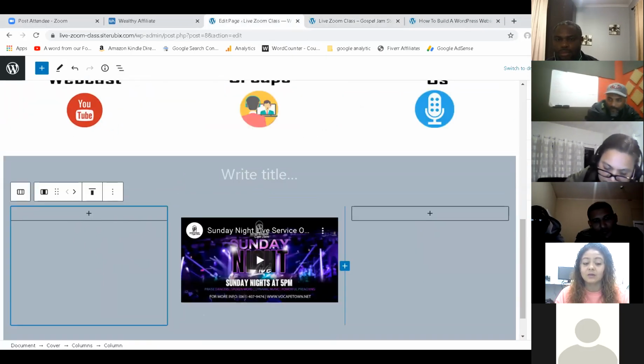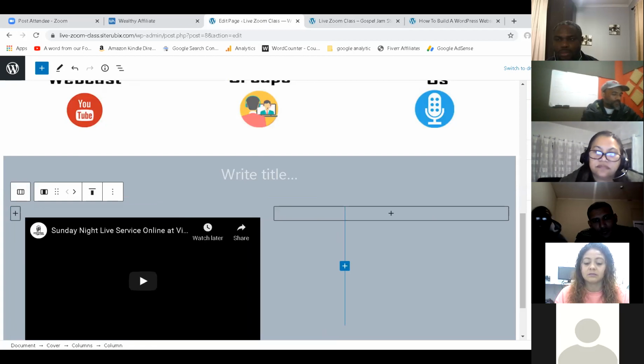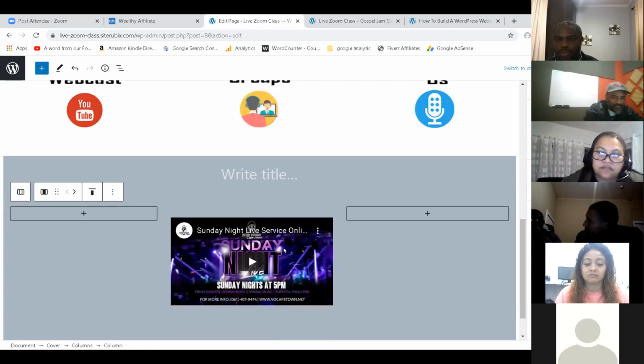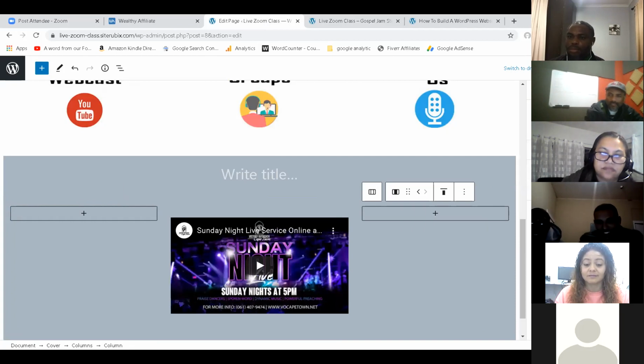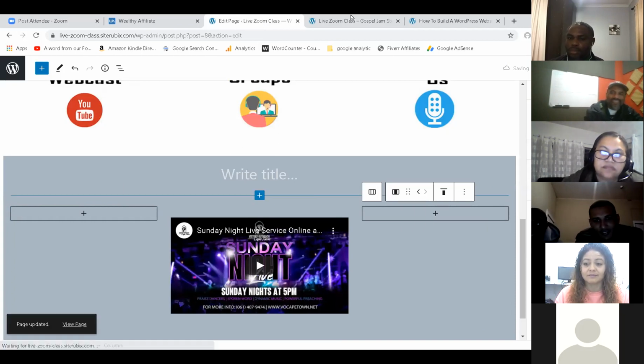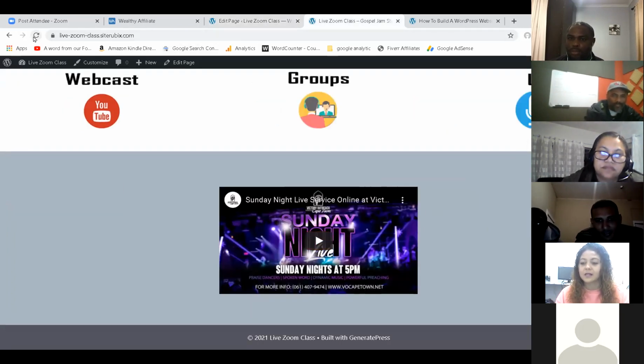And if I go over here, it says width. That's how wide that is. So I'm going to make that 350 pixels. See how it changes the size of my video? Then I'm going to go over here and make this one the same size because you want it to be even. So I'm going to go 350 and click update. Now let's see the size of the video. I hit refresh.